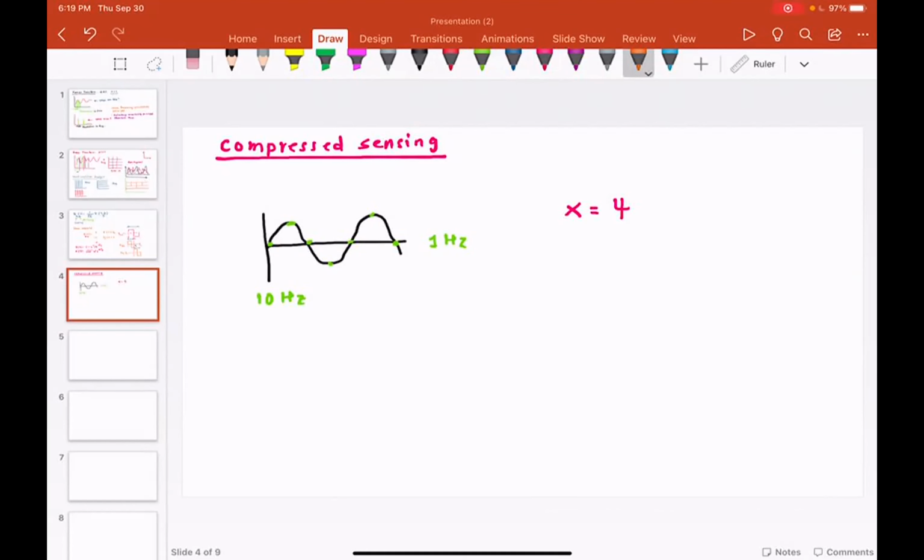This is the signal, this is the basis, and this is the sparse vector. Why do I call it sparse? Sparse means a bunch of zeros. So there are a bunch of zeros.